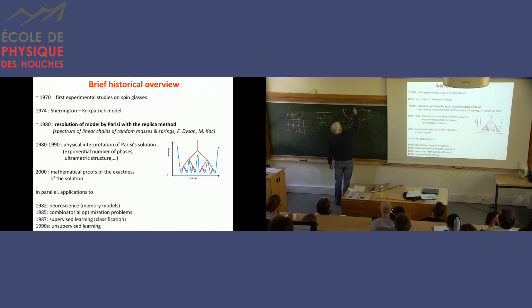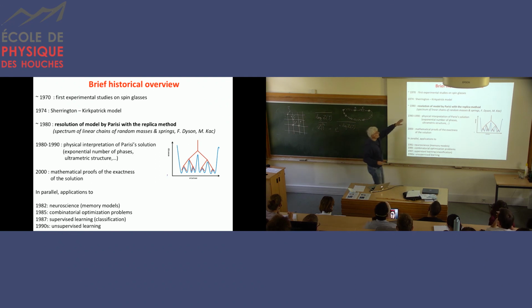Suppose you have some masses which are random from some distribution, and some stiffness constants, K_i, which are also random from some distribution, and you ask what are the vibrations of this chain. What is the spectrum of phonons, right? You inject some energy and you get some vibration. That can be solved exactly because it's a 1D model without any need for replicas. And in the 60s, Mark Kac solved exactly the same model again with replicas, but that was more or less an exercise. It didn't bring new insight about the physics of this problem.